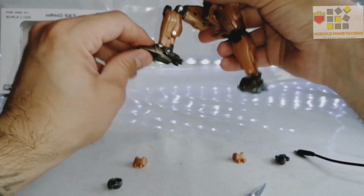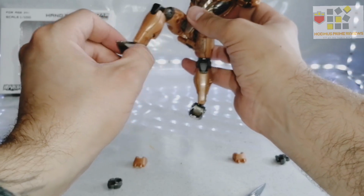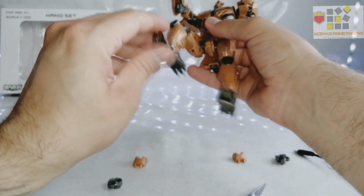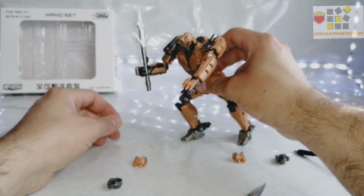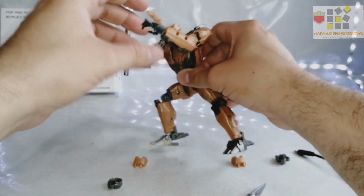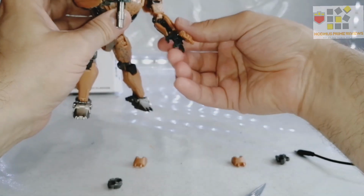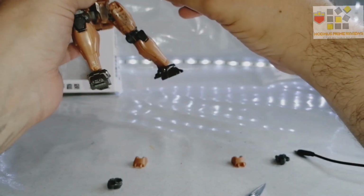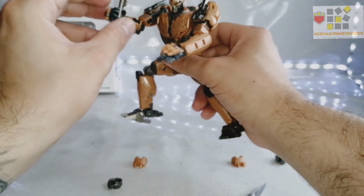and he's still on his foot. You have this little nut on the end. I just held that with my finger and just screwed it tight, because now you've still got your foot rocker, and it does have this foot plate that kicks out, so you have that bit more dynamic pose, like he could be fighting, hand in hand, against someone. It's just so much better with this. I'm a bit worried about the fingers falling off. If they get too loose over time, I may have to glue some of them, but